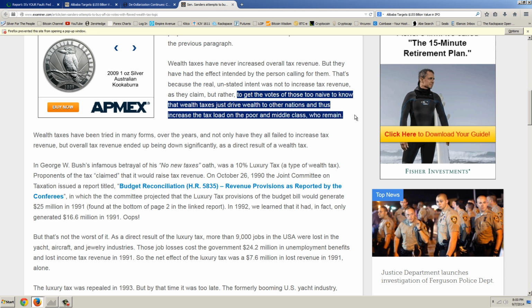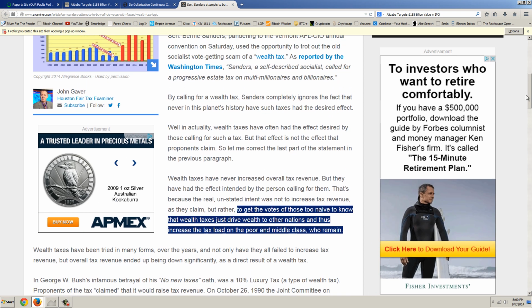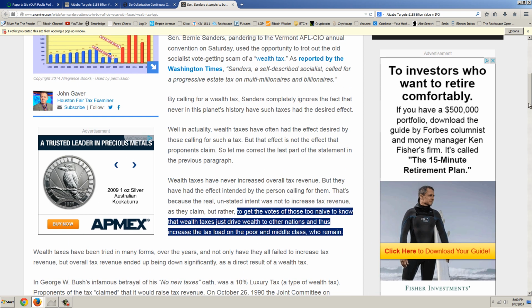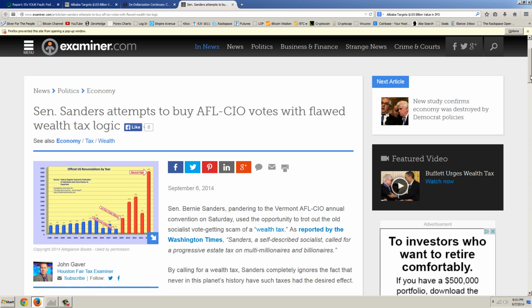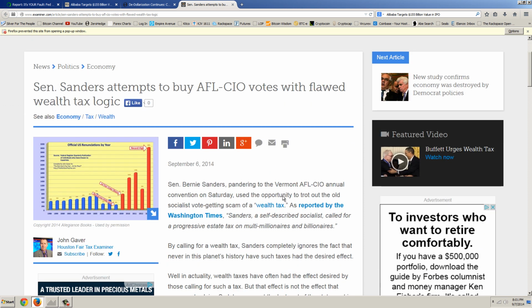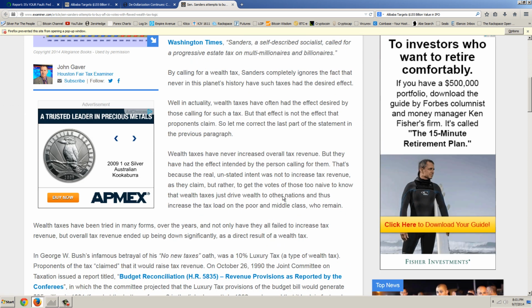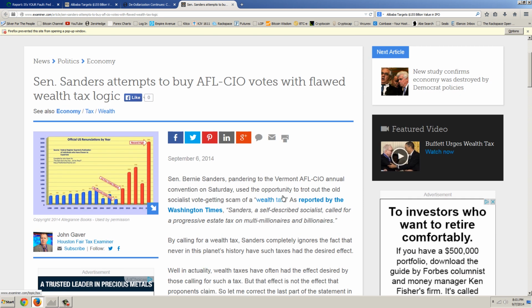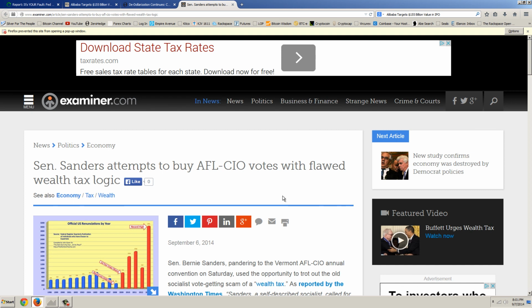There's no way that you're going to trap the multimillionaires and billionaires. The only way I can think of trapping them is in a stock market crash. But if you think you're going to tax their money and they're not going to take their money out of the country, you're crazy. That's not going to happen. So these are the people that we have in the United States. Socialists like Bernie Sanders, who are pursuing policies more of the same that are destroying the nation. And yet we have